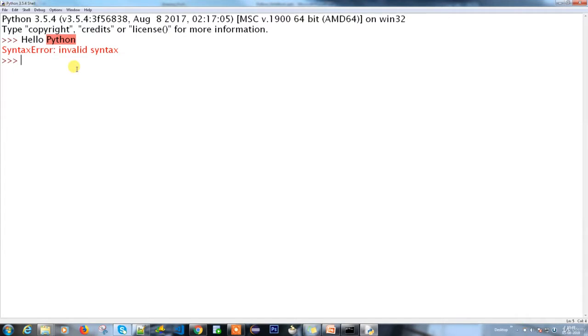In most programming languages, when you provide some sort of string or literal, make sure you put it inside quotes. It differs between technologies; it might be single quotes or double quotes or something else. So let's do this. Hello Python, see, it's printed here.